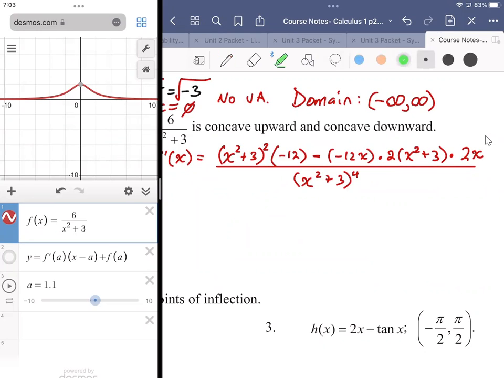So instead of thinking distribute out, think factor out. Because I notice across the board on the top, I have an x squared plus 3. I have an x squared plus 3 in each one of these terms. And that corresponds with an x squared plus 3 on the bottom. So if I factor out an x squared plus 3,